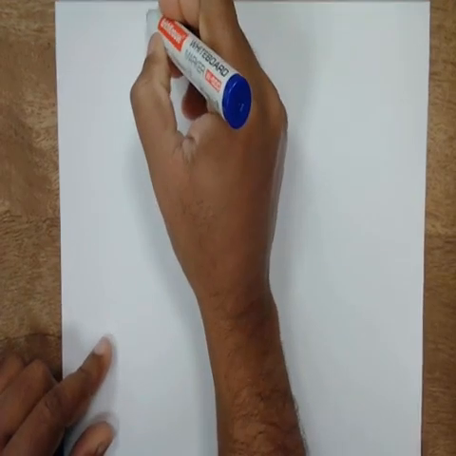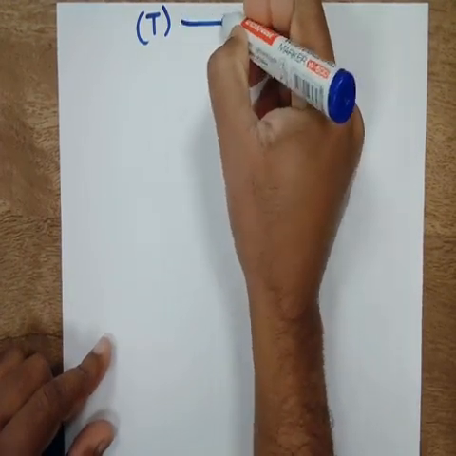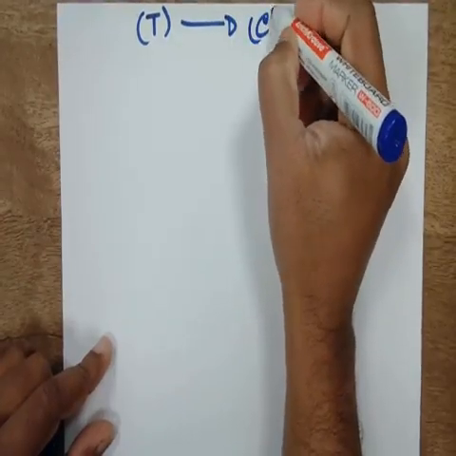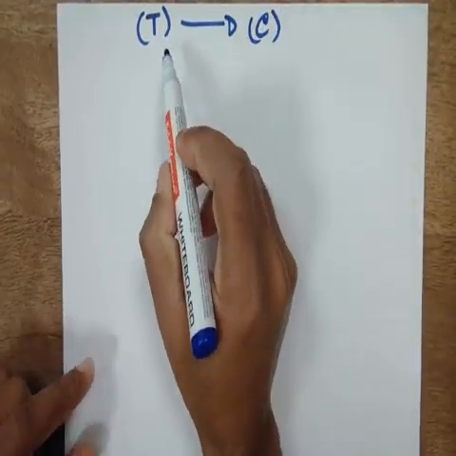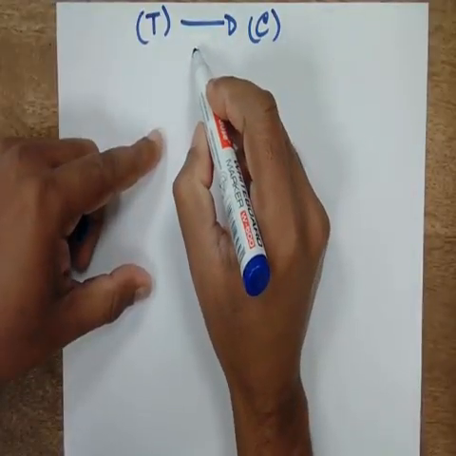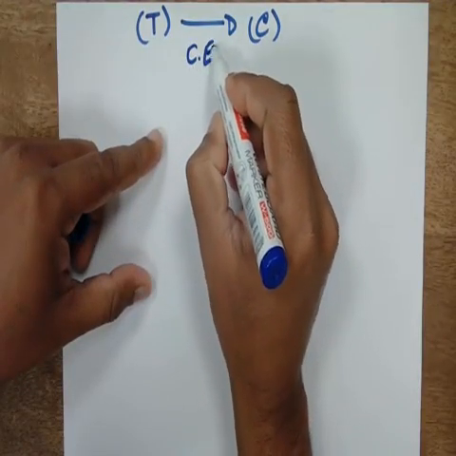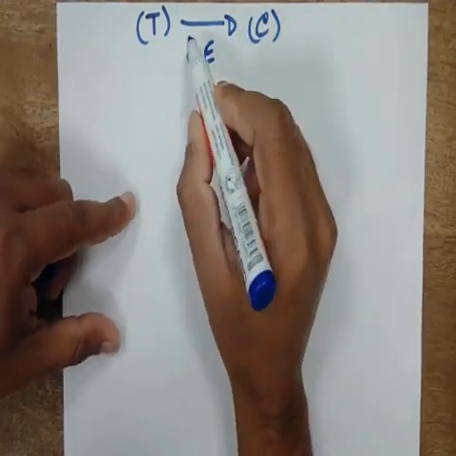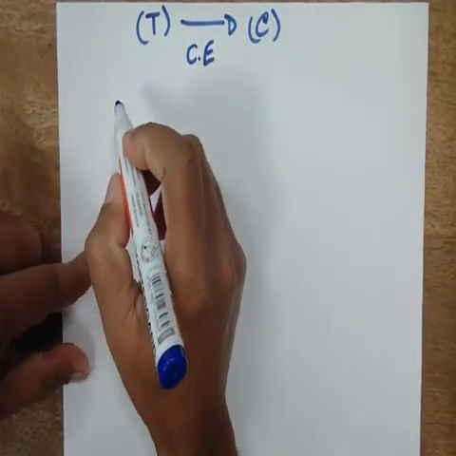Let's see how to convert a true course into a compass course. In order to convert a true course into a compass course, we need to have the compass error. Before we go into the compass error, just remember this quote: